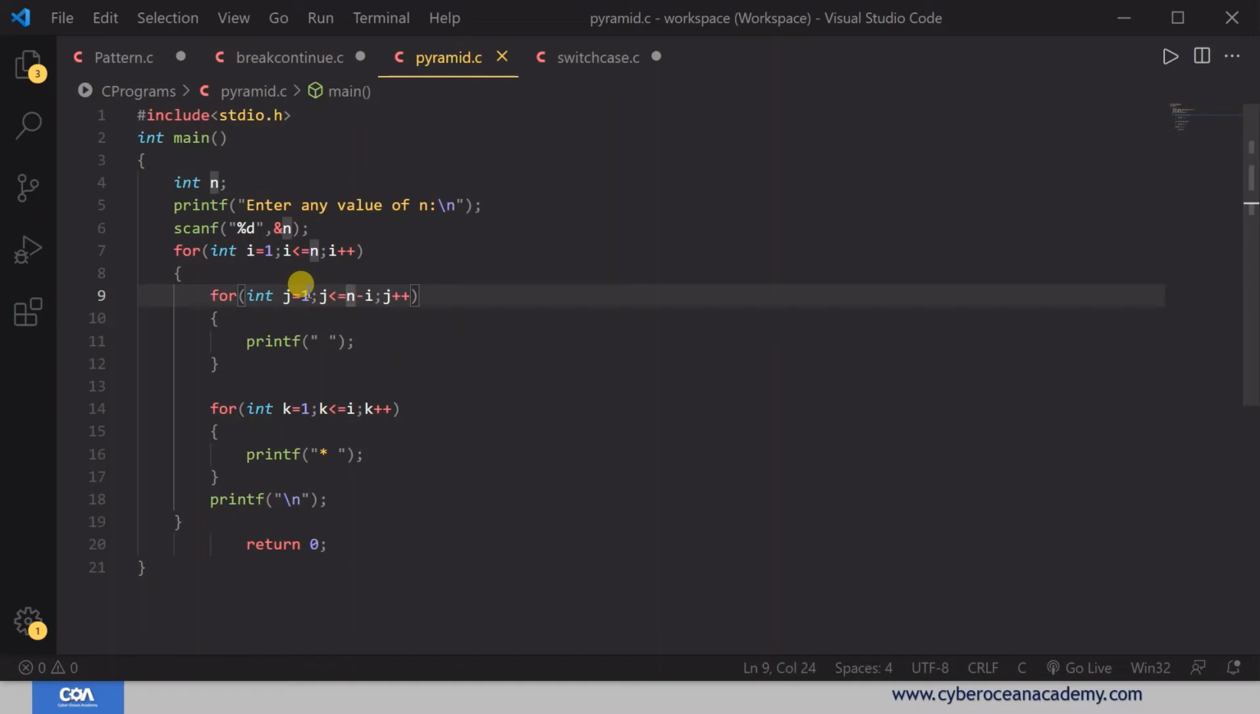So every time, how many spaces do you basically need? For the first row, if the total number of rows is 5, you have to print 4 spaces. So if the value of i is equal to 1, that means this loop runs 4 times, so it will print the 4 spaces, and after that this loop,